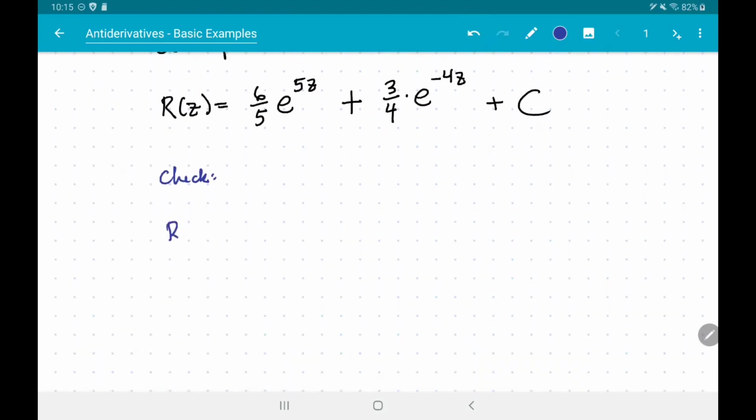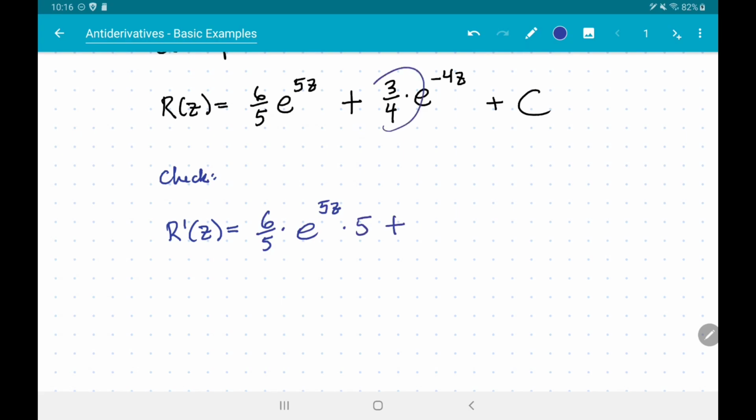R prime of z is, I'll do this part first. We keep the 6/5 times. Derivative of e to stuff is e to stuff. But then the derivative of the stuff for the chain rule, so that gives us times 5, plus